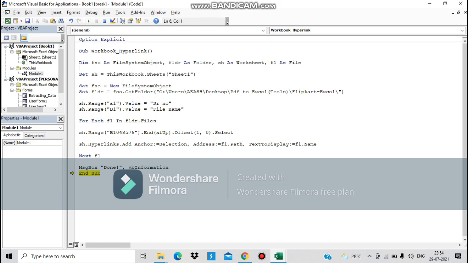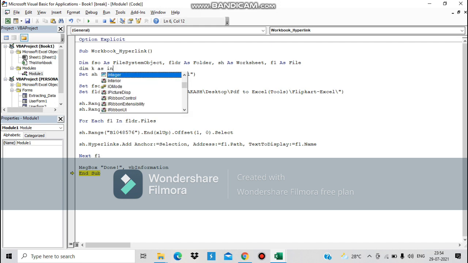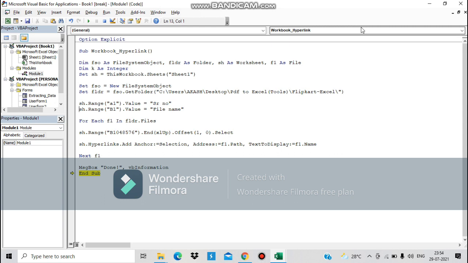See, you can declare your integer, dim k as an integer. Let's suppose, and I'm putting k equal to 0 here, or 1, I'm sorry, 0. So here sh dot my range.